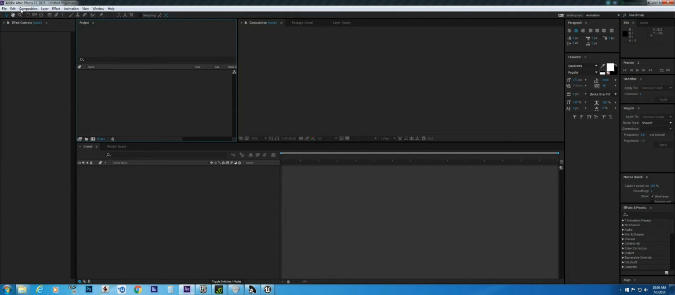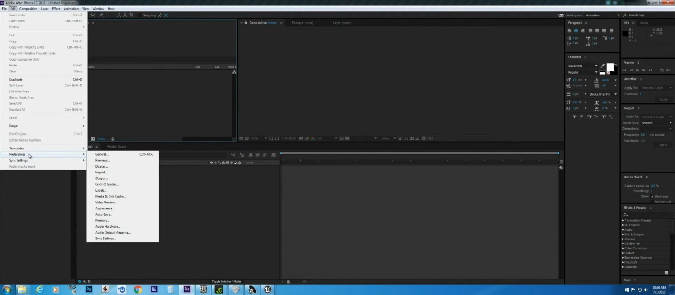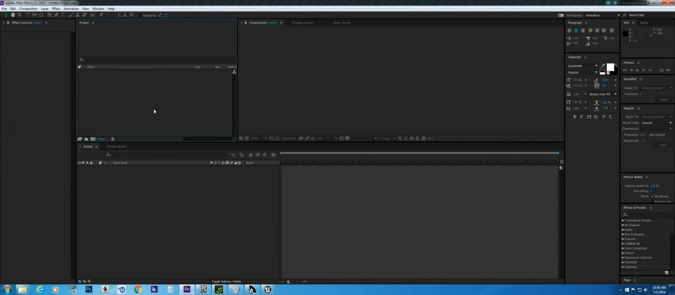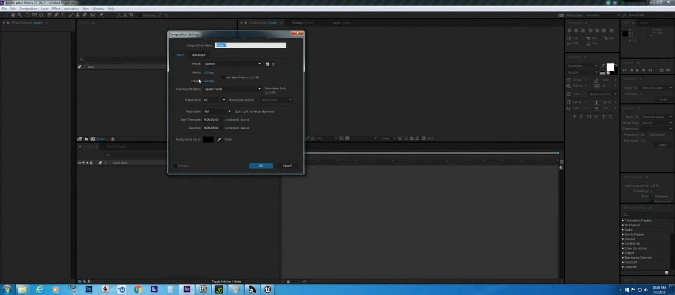First of all, we need to check in the preferences if the script is allowed to write on the network, so you have to check this checkbox here. And then we'll create a composition. So, Control N. The resolution is not really important, but the frame rate will define the number of keyframes that will be stored in the CSV file. So let's hit 60,